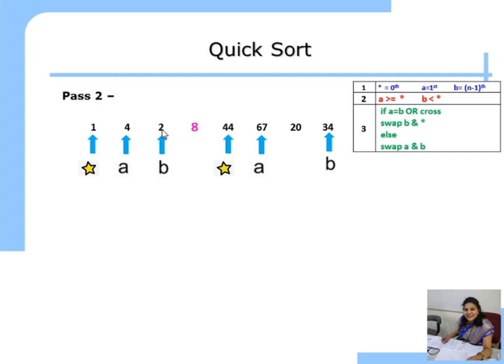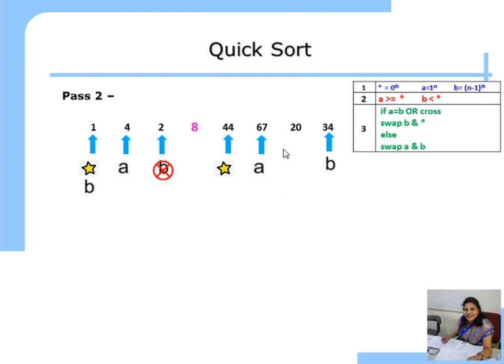B should be less than the pivot. Is it less than the pivot? B is 2. Is it less than the pivot? No. So we will put B here. 4 is less than 1? No. We come here. 1 is less than 1? No. 1 is not less than 1. But where B will go? B is always going to the left side and list is ended here. So we will keep B at the 1 only and delete the previous B. This is the adjustment of the A and B in the first list.